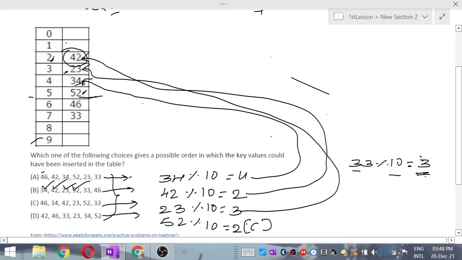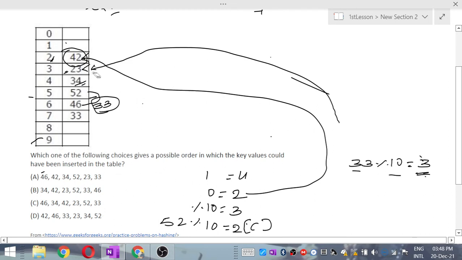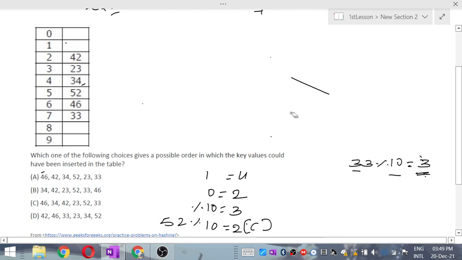It will go to the third location and a collision occurs. It will go to the next location, collision again, it will go to the next, again a collision. Now it will go to the next location, and in the place of 46, 33 will get stored. That's why the second option is also not the answer. You can observe the second option is also not the answer.